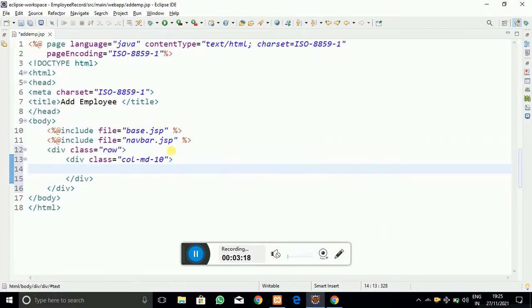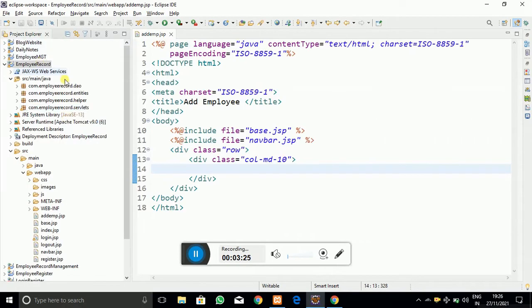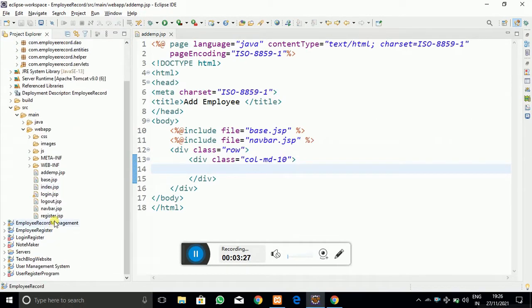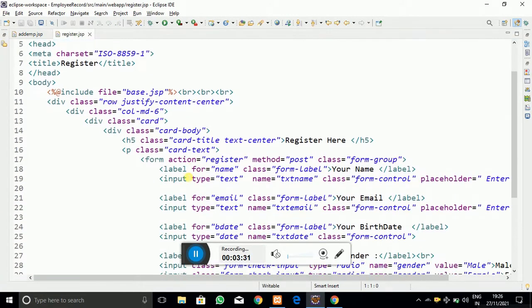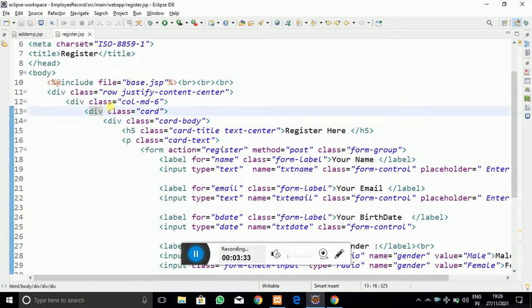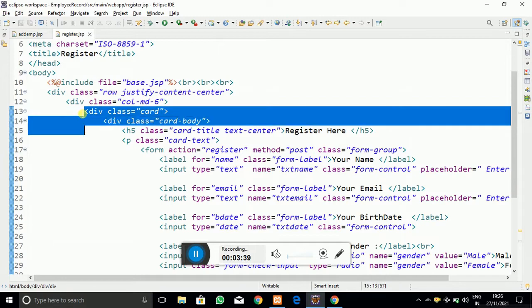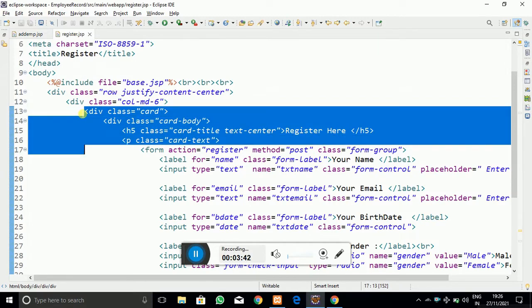As we created in the register module, we are going to use the same form structure here also. So let me copy all the code we have created in the registration form.